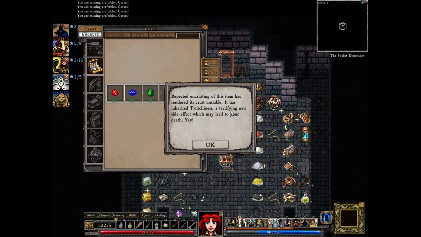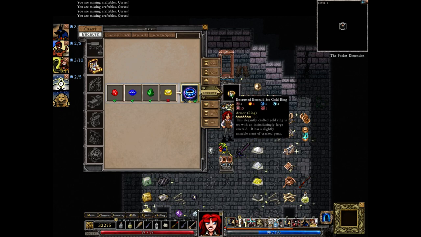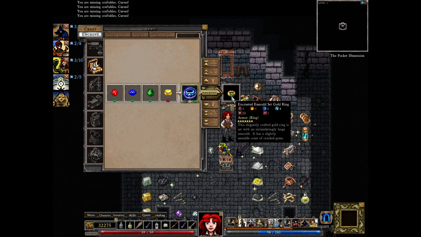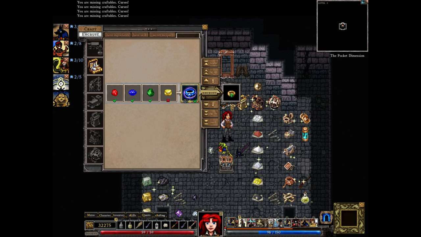It has inherited twitchiness, a terrifying new side effect which may lead to your death. Yay. I didn't know it told you what it was. Hold on, let me check the wiki real quick. No results found. Of course. This game's wiki, I really wish it was more robust. It is slightly unstable crust of cracked gems. Okay, I'm gonna assume twitch... I don't know what twitchiness is. Maybe crafting? Or...